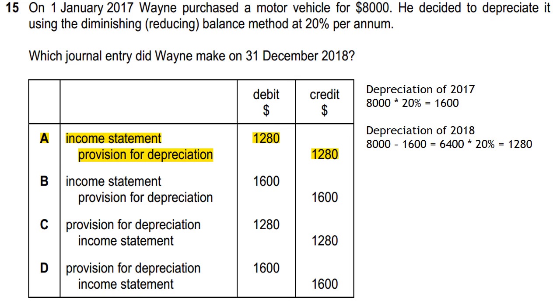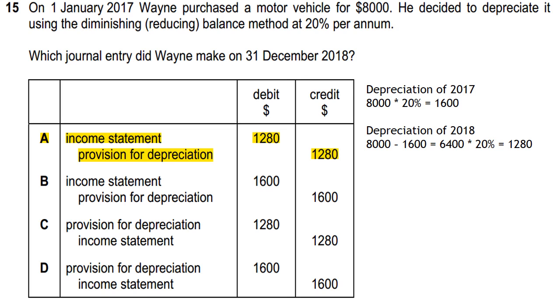Which journal entry did Wayne make on 31st December 2018? He purchased it on 1st January, and at the end of the second year, what will be the journal entry of depreciation? Income statement to provision for depreciation,